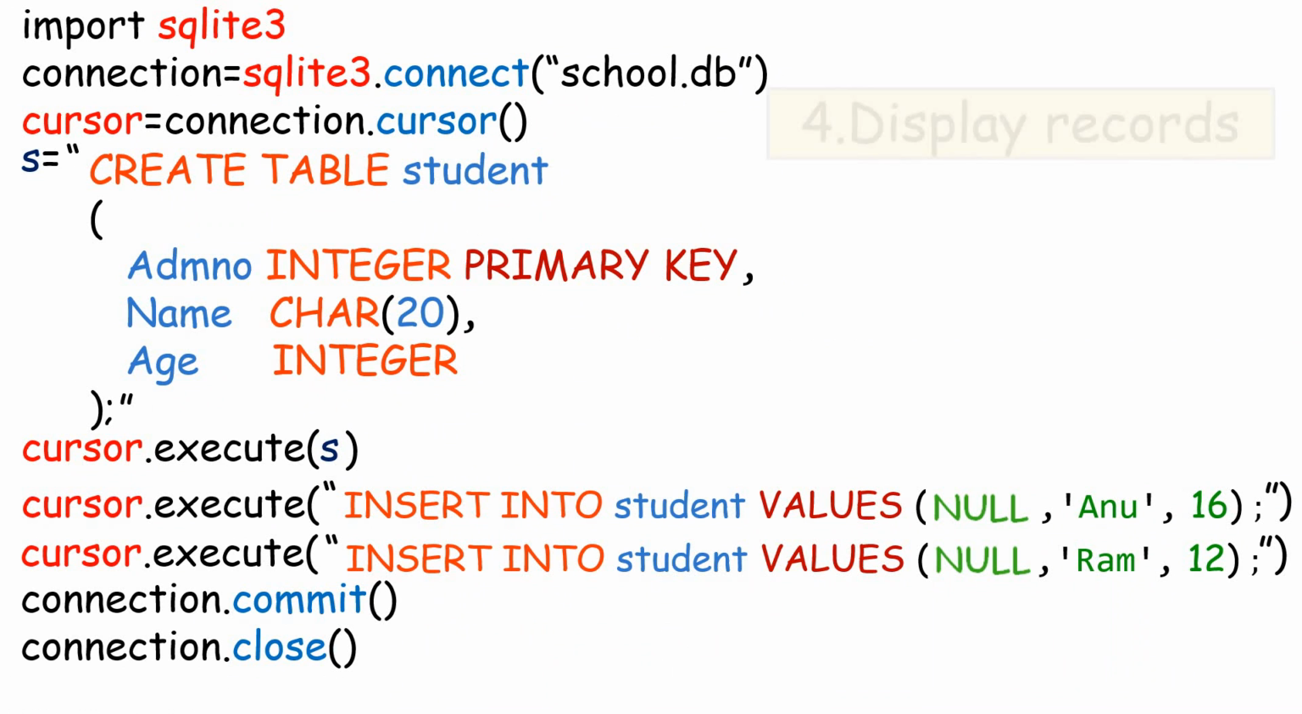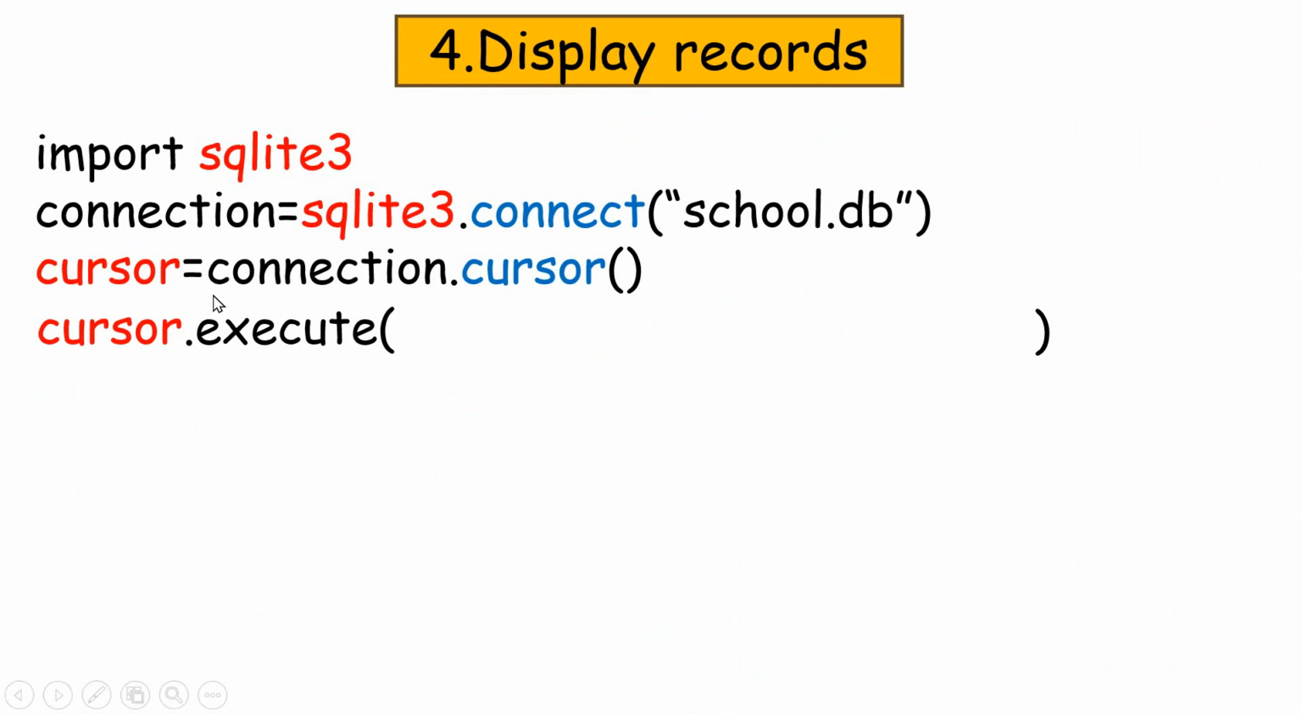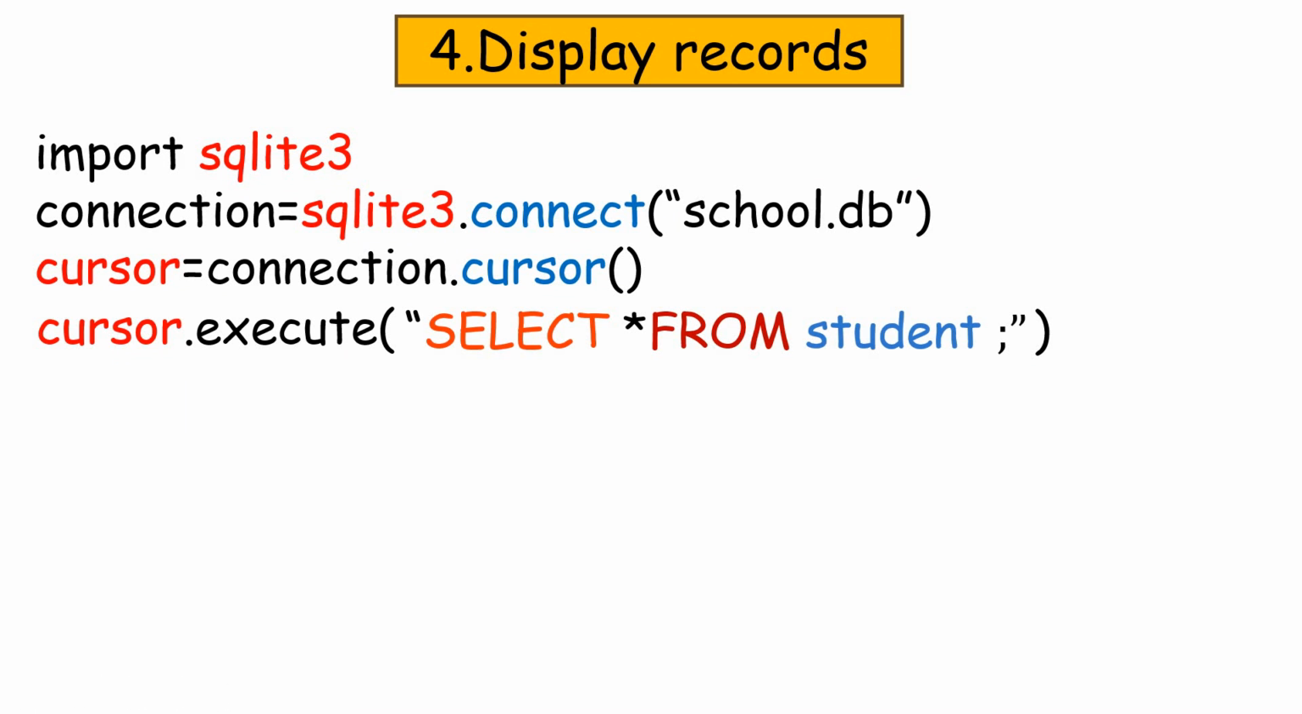Next, we will see how to display records from a database table. For that, as usual, you write the first 3 statements that establish the connection with the school database, school.db. And then in the cursor.execute command, you write the SQL statement which will display the records. Recall that to display the records in SQL, the command is select. So within double quotes, you write select * from student;